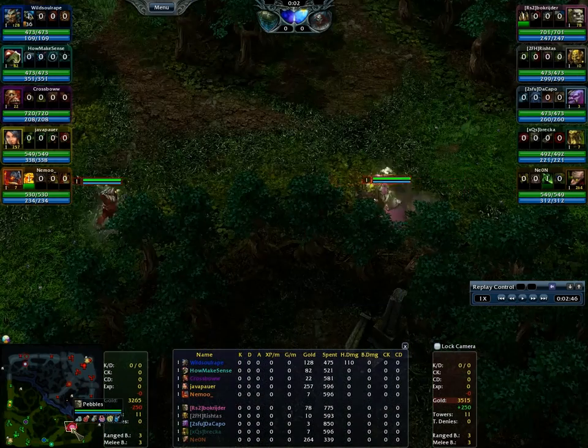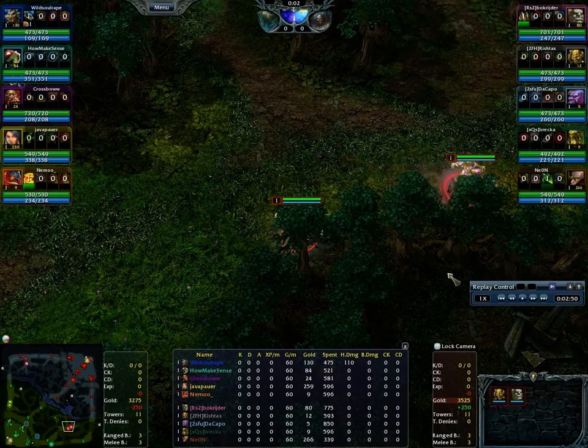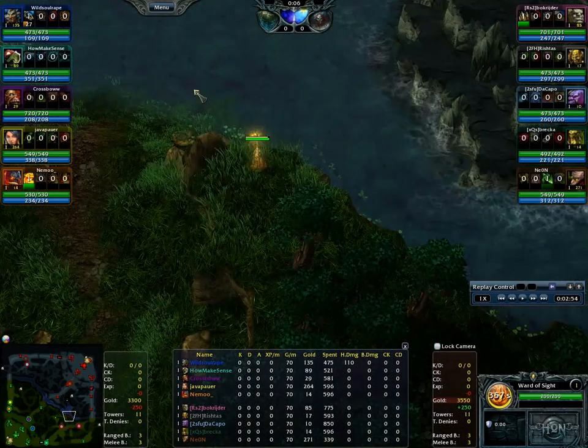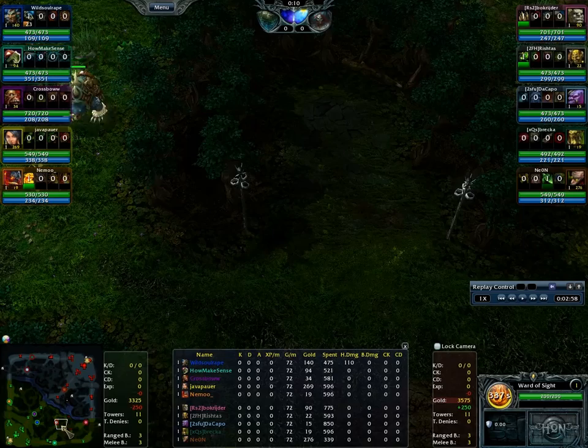Okay, and we do see both Voodoo Jester and Pebbles right here are in the jungle. I imagine they're looking for Wild Soul. They do actually choose to block this creep spawn. They do also have a ward right here on the river. It's going to be a little bit tricky for Wild Soul to deal with this, but you see, something I